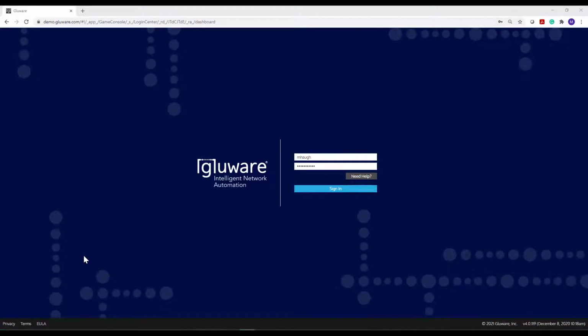Hello and welcome to this tutorial on the Gluware OS Manager app. OS Manager is used to automate network operating system and firmware upgrades, downgrades, patches, whatever is needed. If you're taking the Gluware test drive, you'll be able to follow along with the steps I'm showing in this